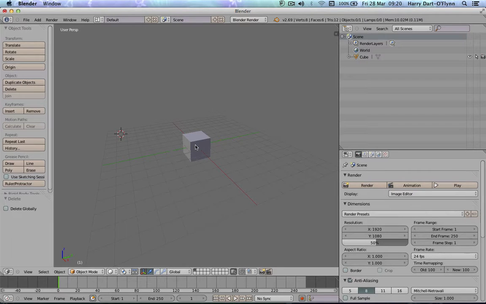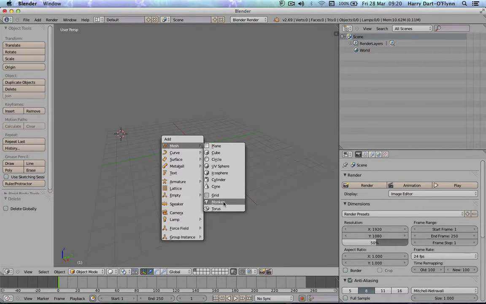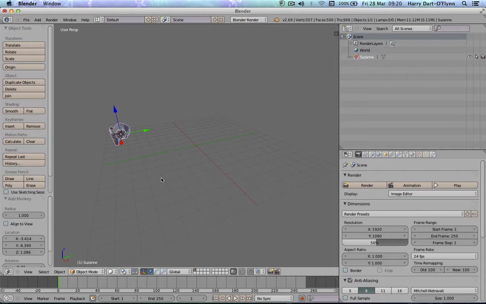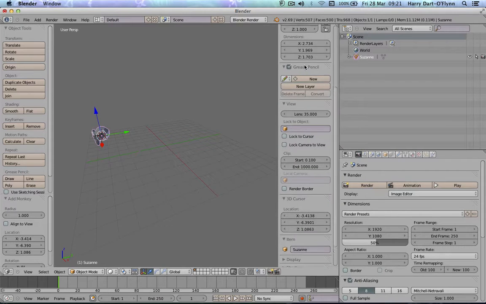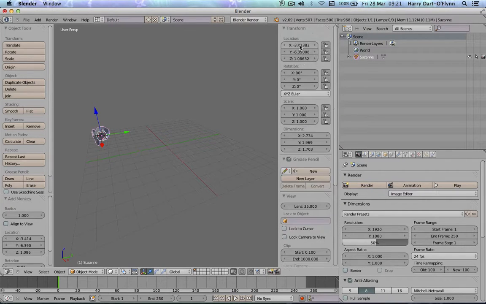and I want to change the cube, so we'll delete the cube and press Shift A, and we'll stick in a monkey. The monkey's moved off, so I'm just going to put it right in the center, that's 0, 0, 0, and we'll just look at it from the front view, and there's the monkey, and the monkey is called Suzanne,